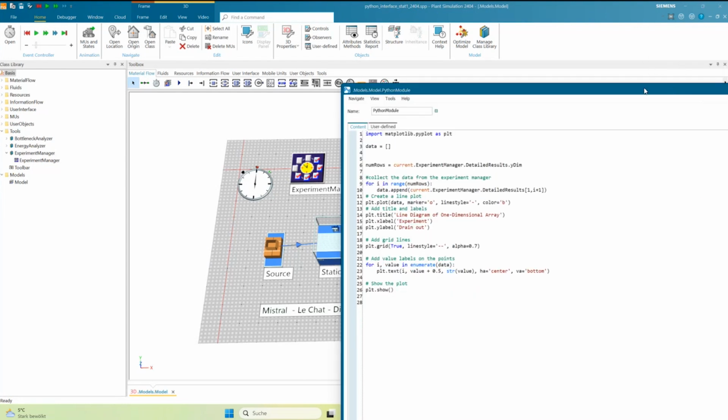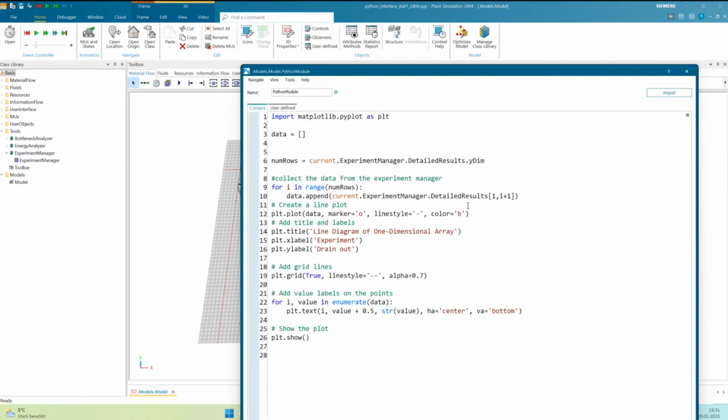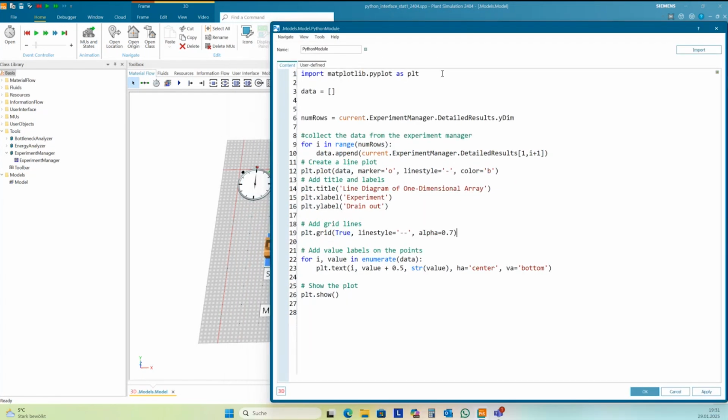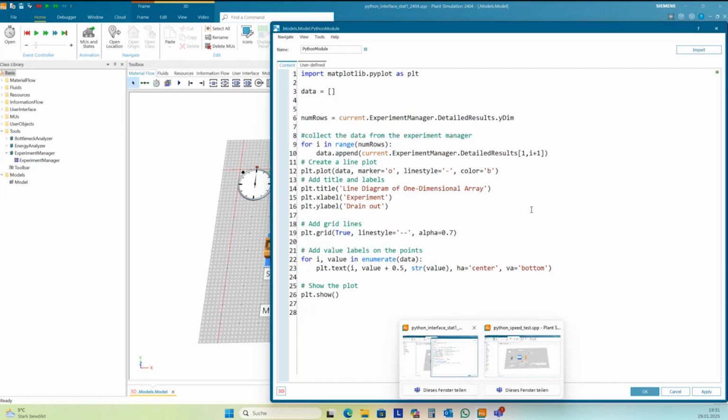And here's the code again. Yes, and you really need to be careful that you close these Python windows again and again. And okay, this is basically how you can do this.